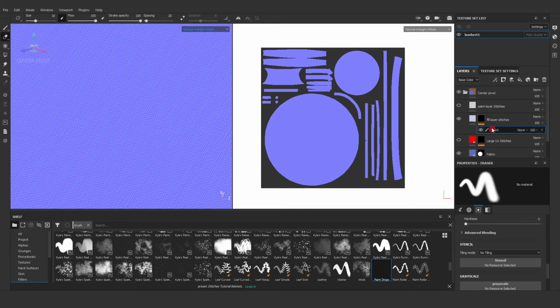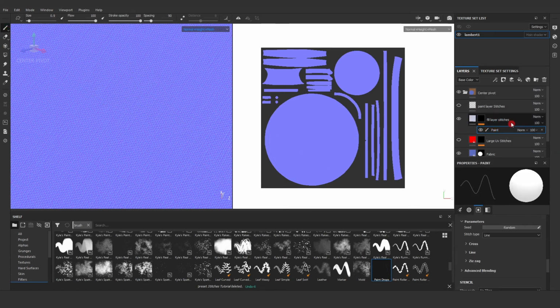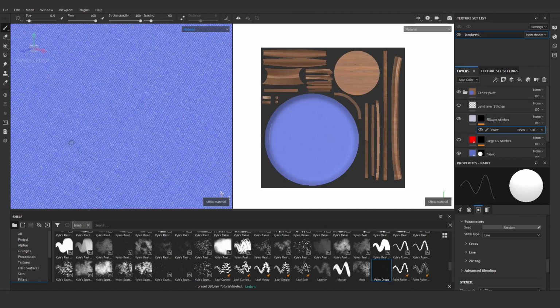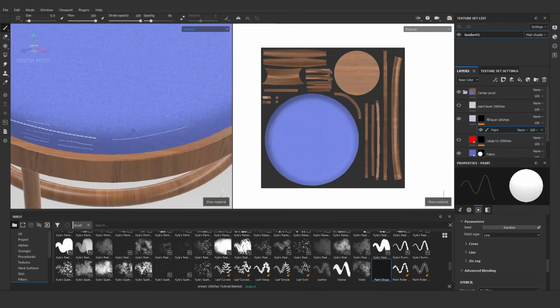After completing the total stitches, you need to create another fill layer to give an additional effect.